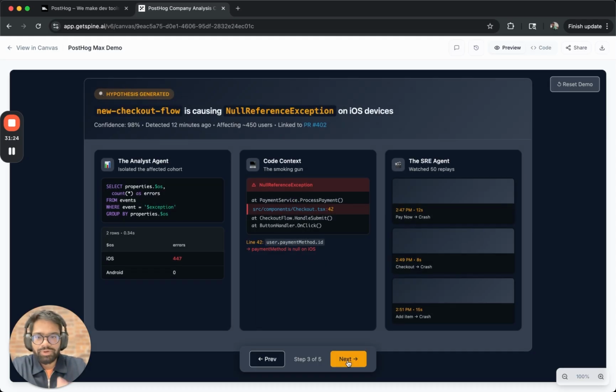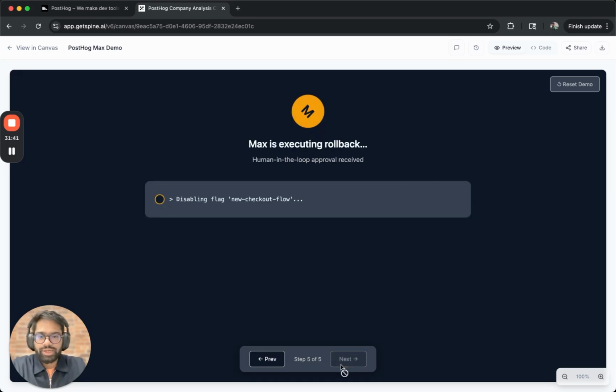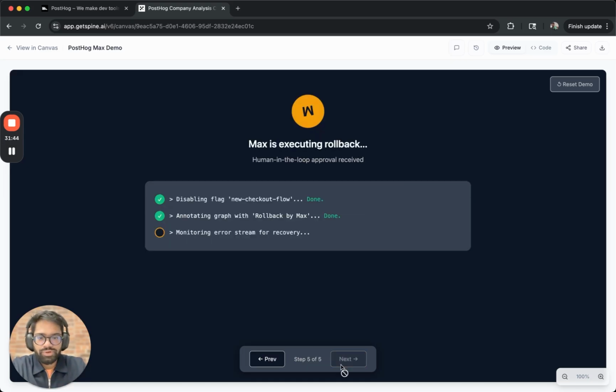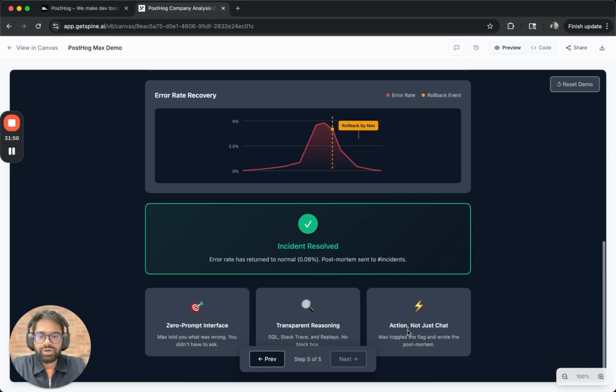So there you go. It's giving you an incident report. It finds the incident report, gives you the context. The SRE agent looks at the replays. The analyst agent gives you the queries that it's running, the code context around it. Then it gives you the recommended action. And then if you approve it, it goes and rolls back the code around it. And there you go. And it's giving you the postmortem, the error recovery rate, and the